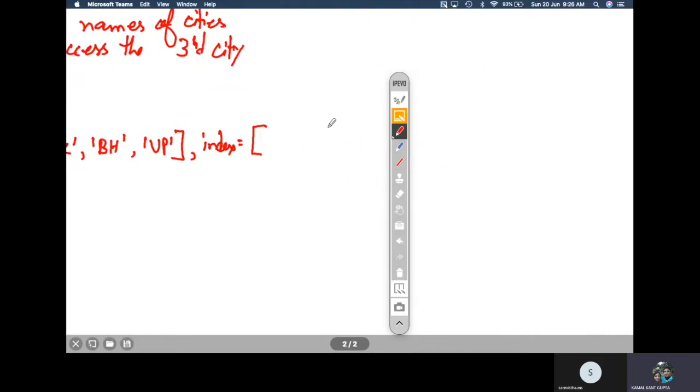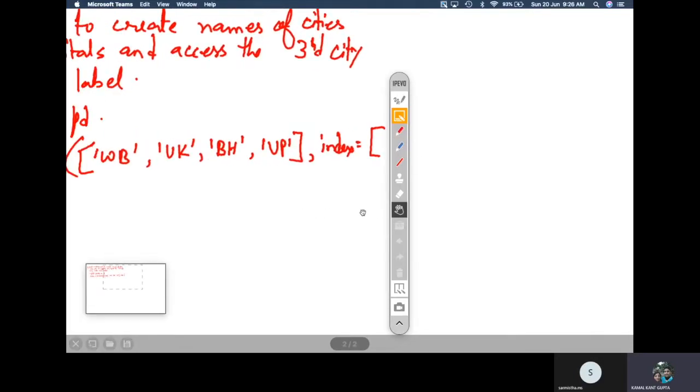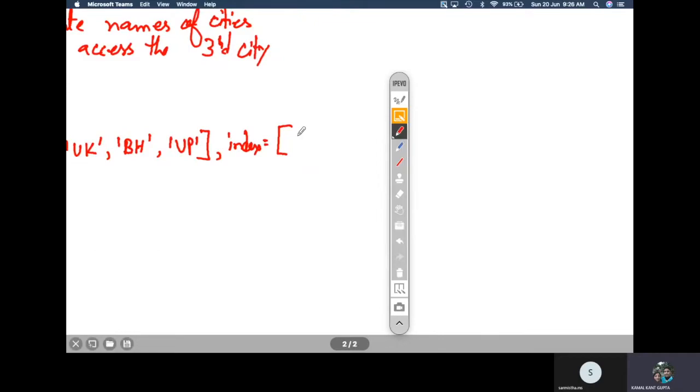Anyhow, the first one is West Bengal. So the capital is Kolkata.